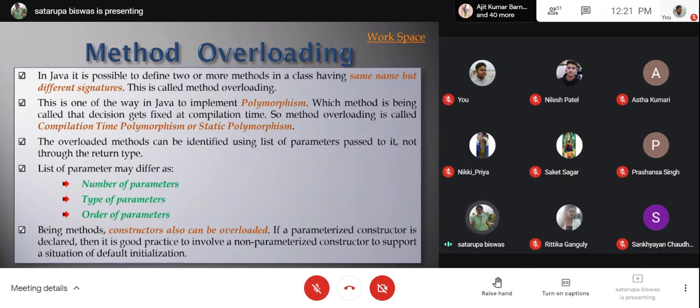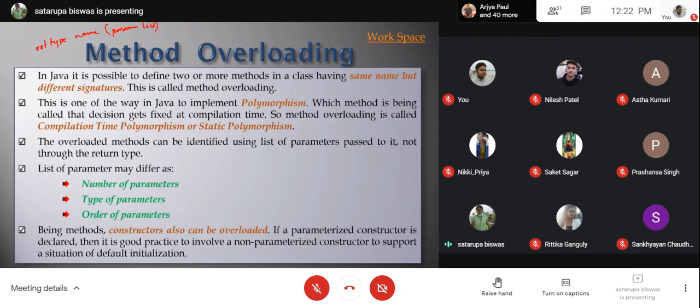Now, what are the things that are referred to inside the signature? Signature basically contains return type, name, and parameter list.